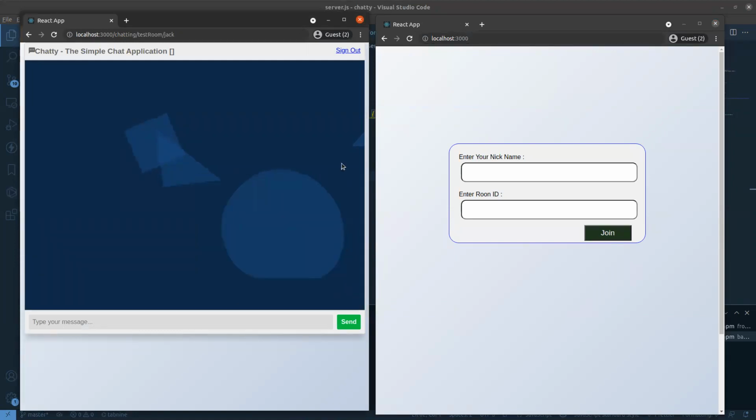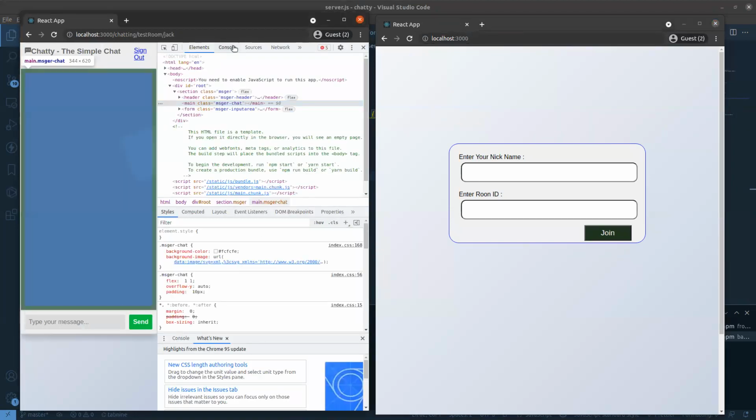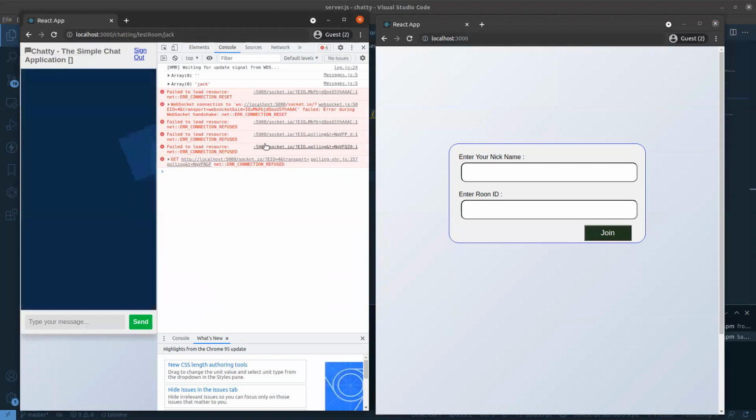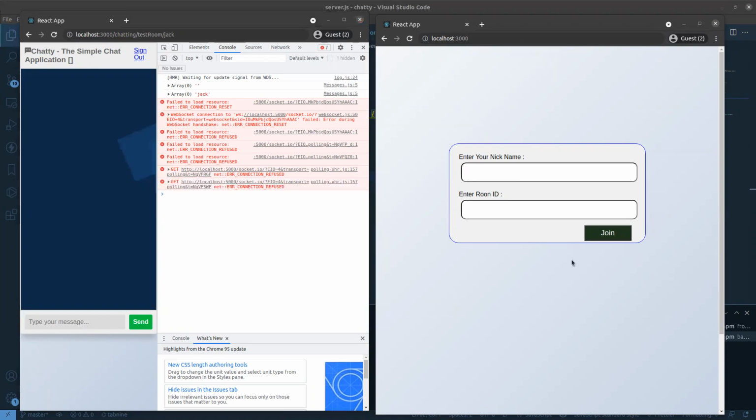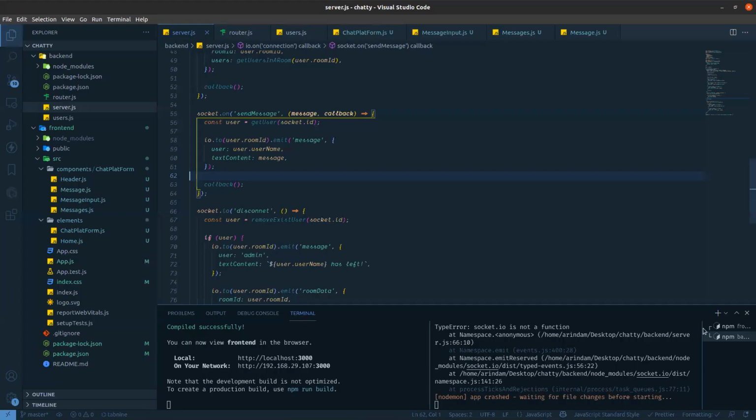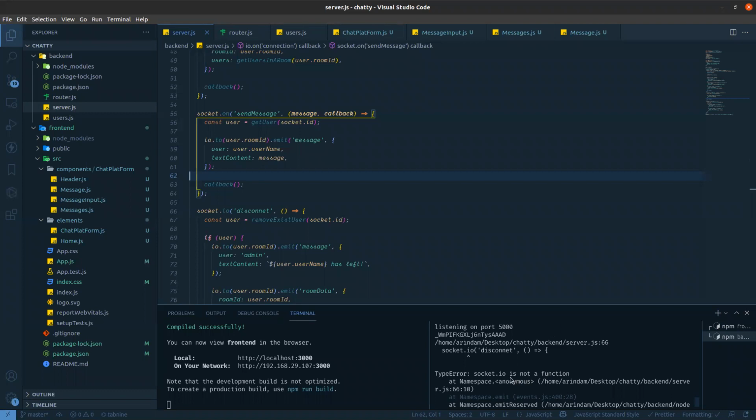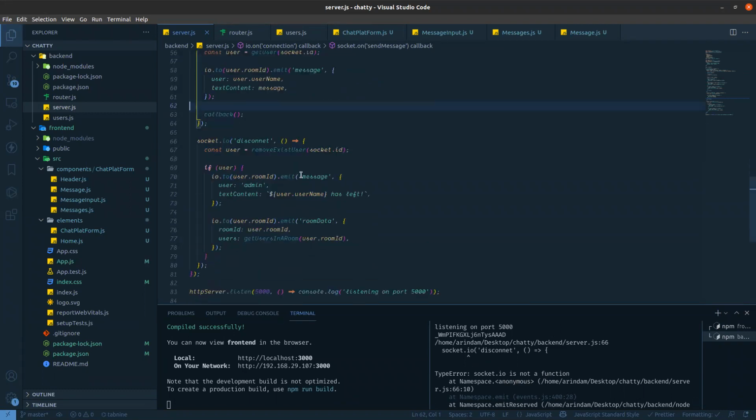Okay. Socket IO failed during the handshake. Socket.io is not a function. Where on disconnect? Oh, so this should not be io, it should be on.